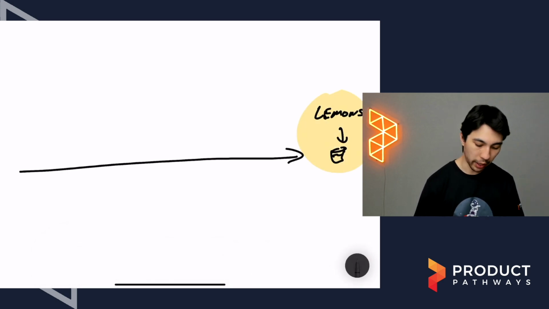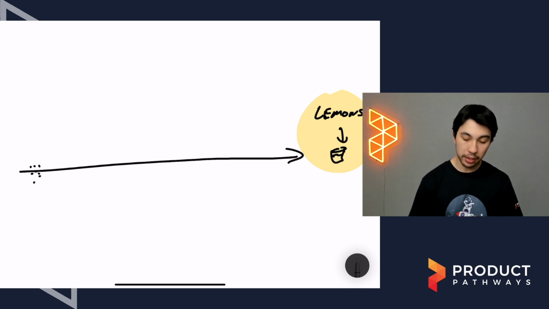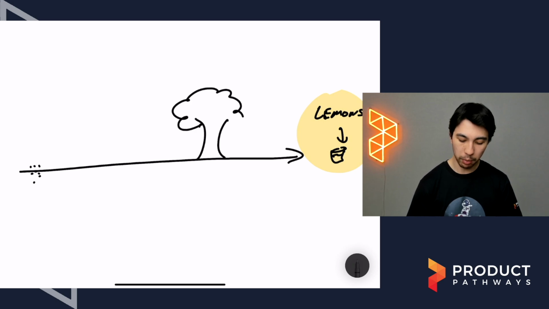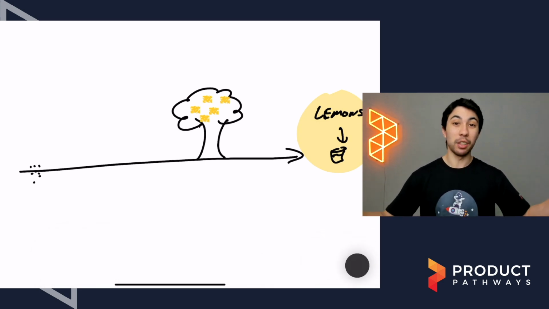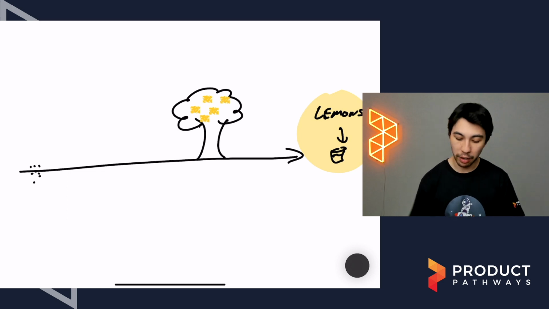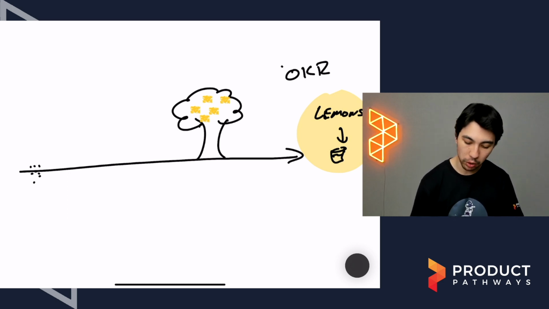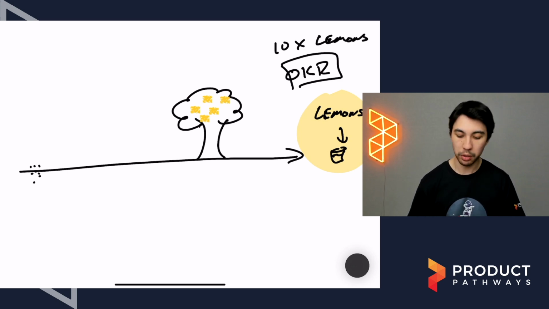Let's say we decide to plant some seeds, right? Planting seeds and turning them into a tree where we would be able to harvest lemons is quite a long process. This could be a year, 2 years or longer before we actually have lemons. So if our OKR and our measure was up here and it was like X number of lemons, let's say 10 lemons, right?